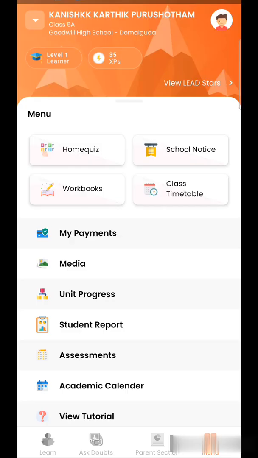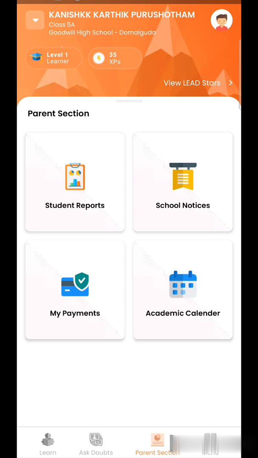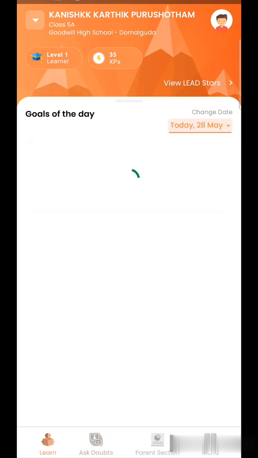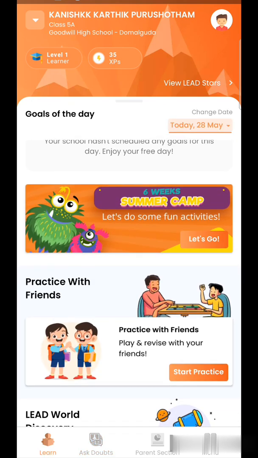Finally, before signing off, I would say that parents using Lead app can be assured of their child's education during COVID times, as school has literally come to the parents' phone. It's a powerful app and will bring cheers to the parents and